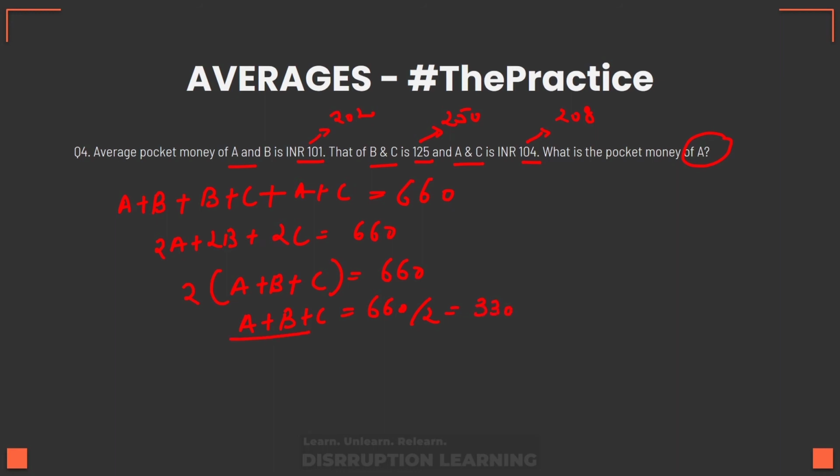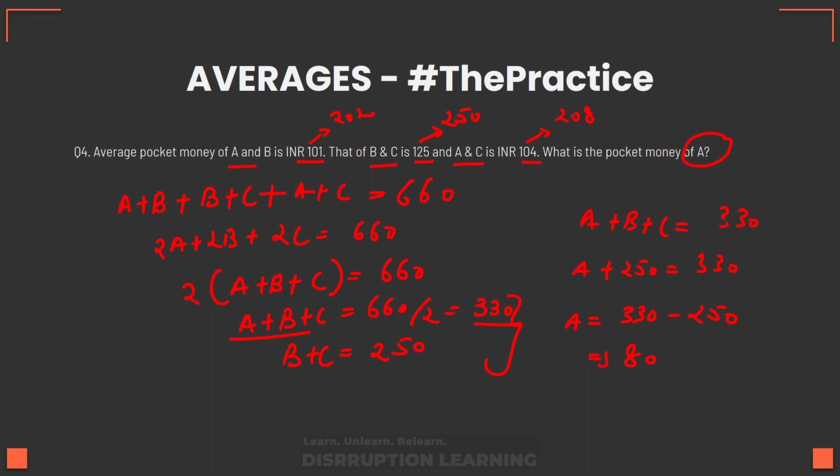Now A plus B plus C is 330 and we know B plus C is 250, right? So if I take it like this, A plus B plus C is 330, A plus 250 is 330, so A is simply 330 minus 250, this is 80. That's it. Again, a very simple question. Just a little application of averages, more of a linear equation question